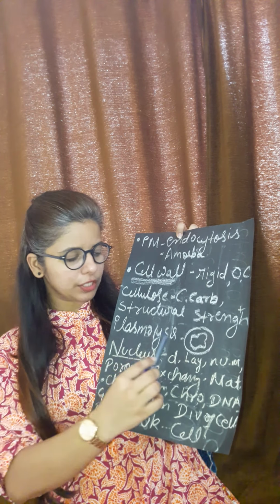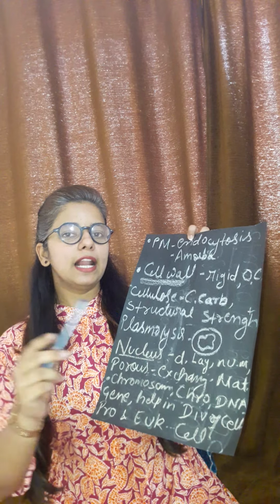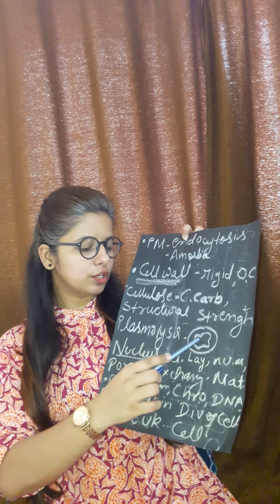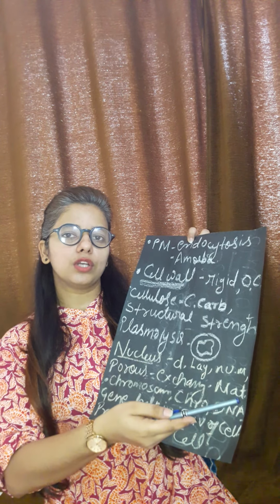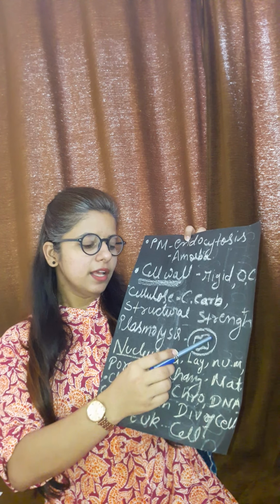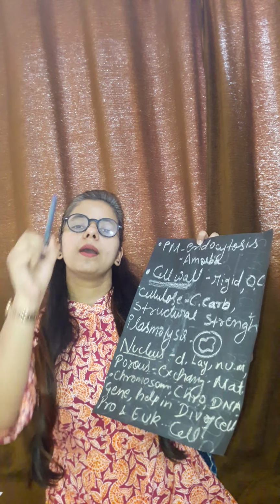Understood? So in this process the cell will undergo osmosis and lose the solvent, and as a result the plasma membrane will shrink but the cell wall will remain hard. This particular process is called plasmolysis. Sometimes the plant cell suffers the condition of plasmolysis. It is very simple to understand why the cell wall will not shrink but the plasma membrane will shrink, because the cell wall is rigid.